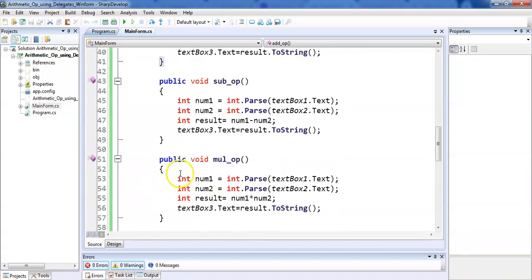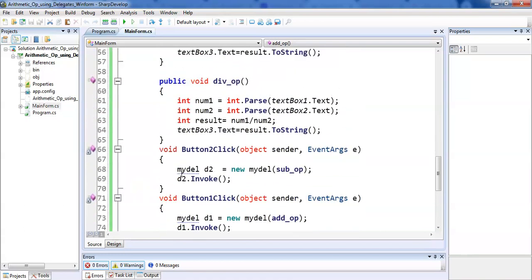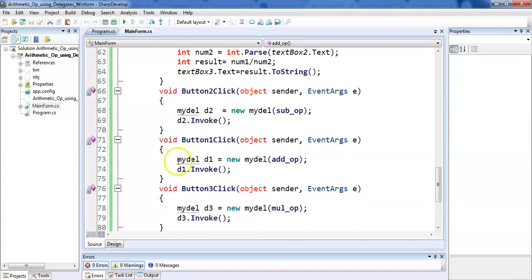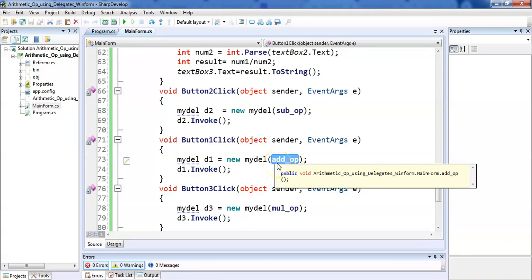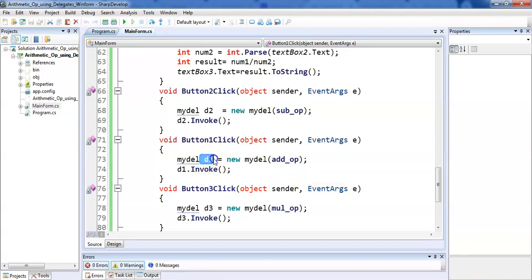The name of our delegate is MyDel, so here we need to create an object of MyDel, that is our delegate: MyDel d1 is equals to new MyDel. Now here we pass the name of the method which is going to be pointed to by d1. That means d1 is the delegate which is going to point to the add operation.